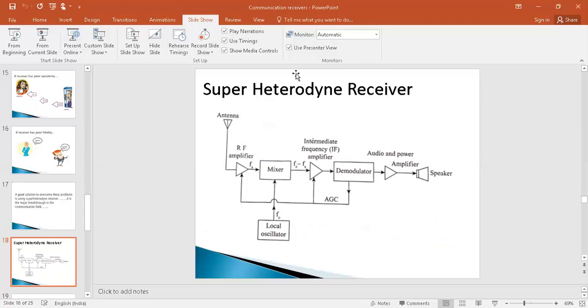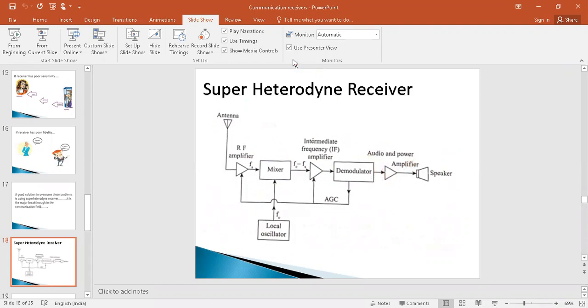This is a block diagram of a superheterodyne receiver. We already know that it should have an antenna and speaker, and here we'll have the RF amplifier section, and this is the mixer section. This is the IF amplifier, intermediate frequency amplifier section. This is the detector section. In the detector section, we will have AGC and ADC. It will control the gain, voltage, and volume levels of the signal. And finally, there is the audio and power amplifier, and at the end we'll have the speaker.